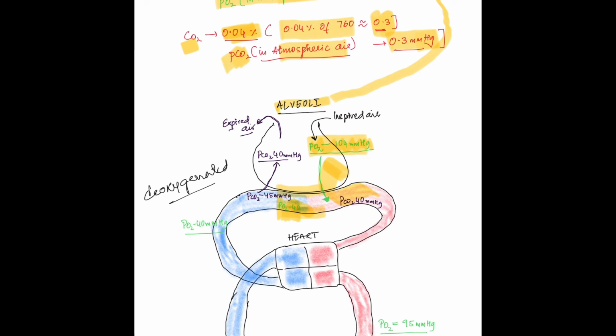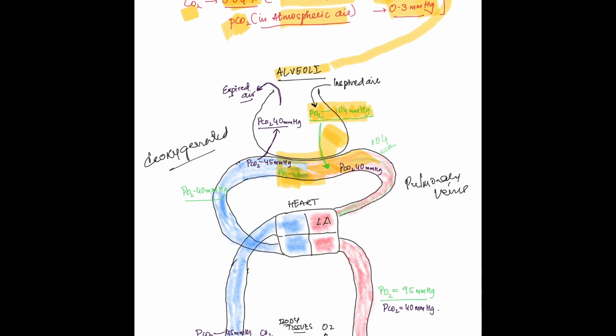As oxygen keeps diffusing into the capillaries, concentration of oxygen in the pulmonary capillaries starts to increase, and it keeps increasing till partial pressure of oxygen in the pulmonary capillaries is about 100 millimeters of mercury. Blood from the capillaries reaches the pulmonary vein, which takes this blood to the left atrium. Blood goes from the left atrium to the left ventricle, and left ventricle then pumps this blood into the aorta, and from the aorta it reaches the other systemic arteries as well.